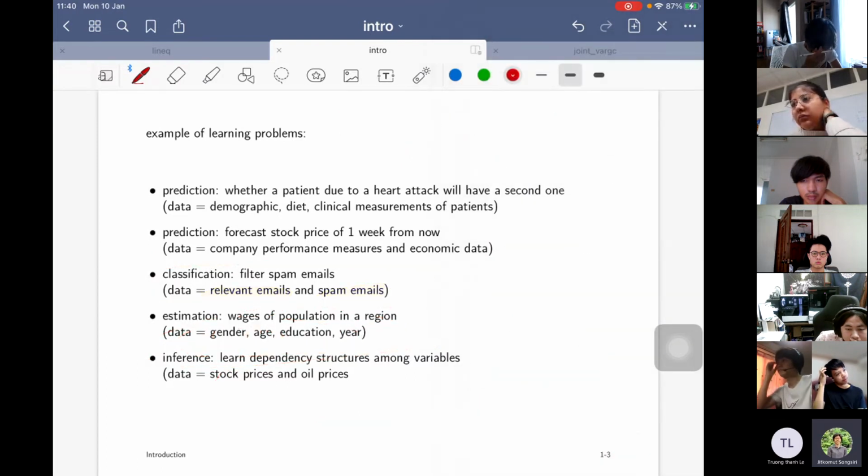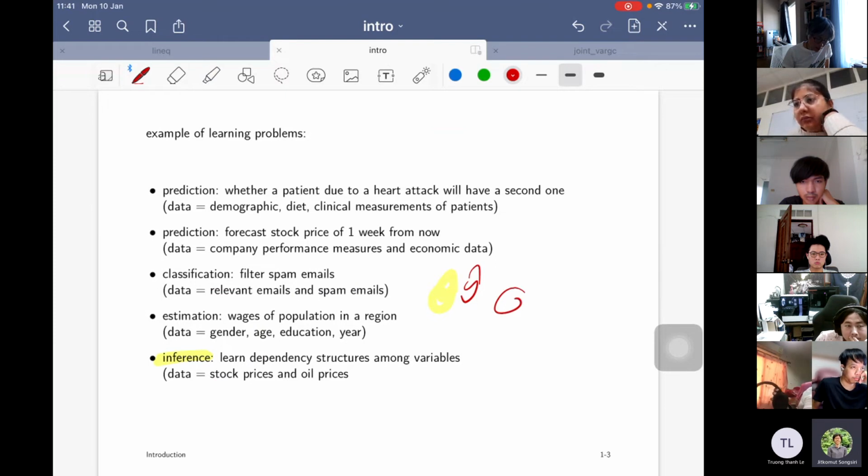Last one, the last type of problem. This is called inference. Inference means that it's not about estimating or giving you an approximation of the response variable directly, but it's about questions where you can draw some pattern, you can infer something else as a derivative from that model. For example,